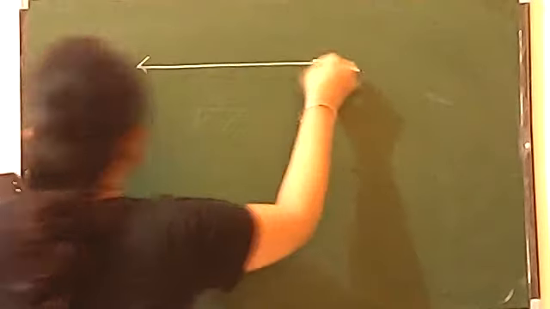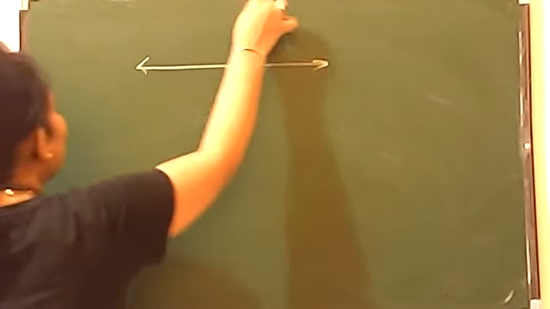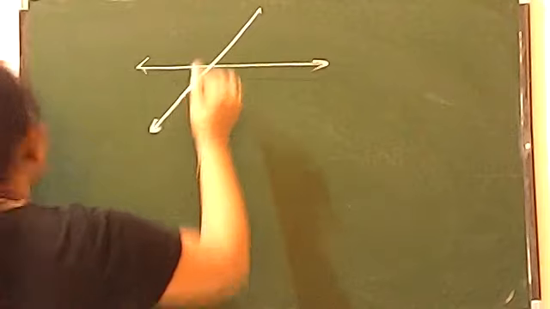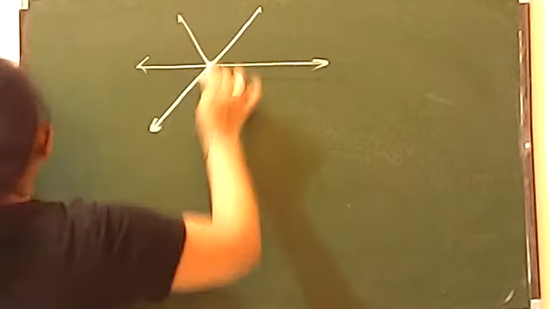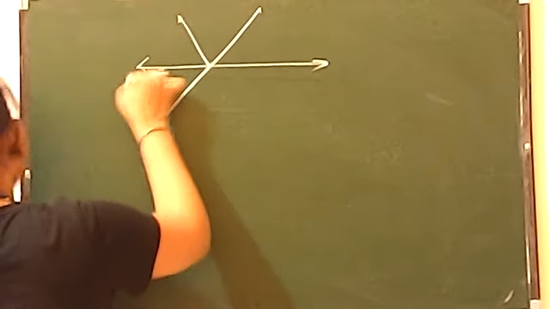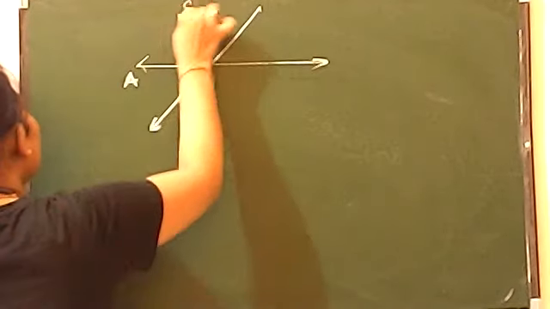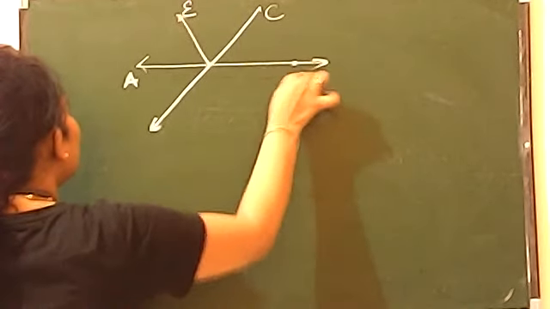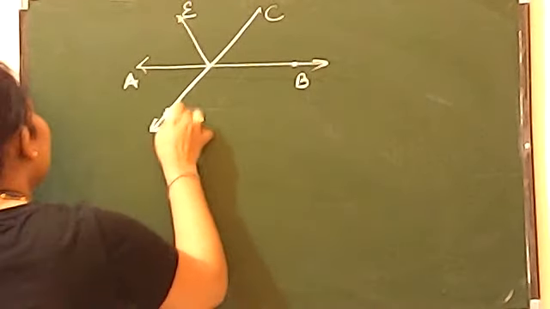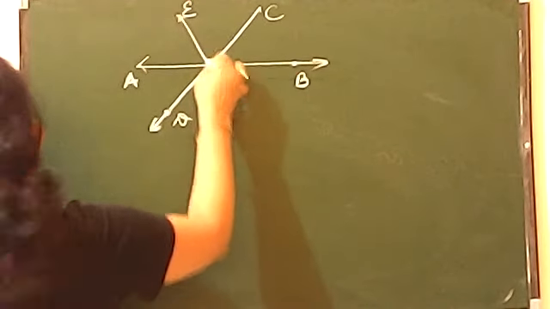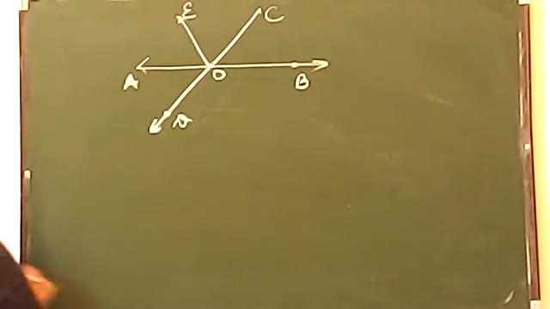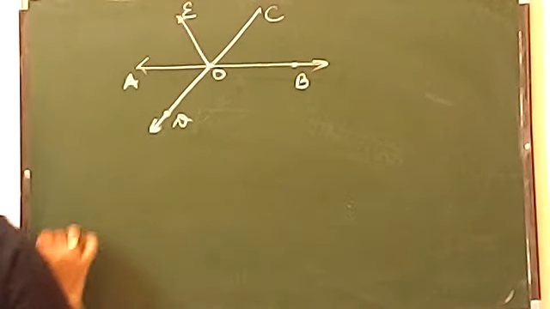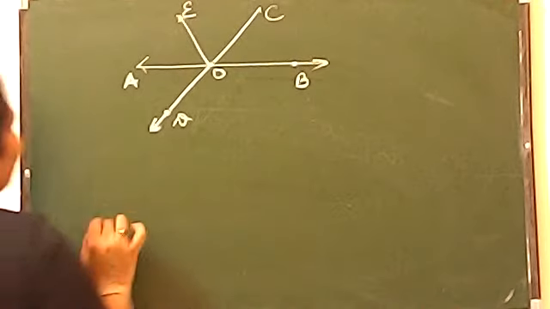In question number 4, beta, you will have a diagram. The diagram is like this, and here you have to speak about the pairs of angles one by one. So this is A, this is E, this is C, this is B, and this is D. And this is the point O. Now it is asking for 5 pairs of adjacent angles. So let us talk about adjacent angles.